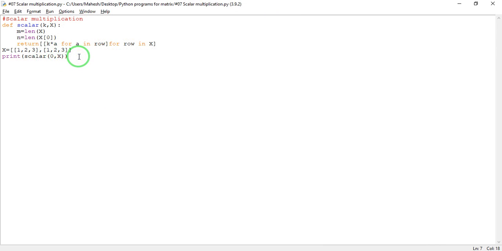So we have seen how to take a transpose of a matrix. We have seen how to add matrices. We have also seen scalar multiplication of a matrix. Now in the next program we will perform both the operations together. So we will add 2 matrices, and we will also see how to write a program for scalar multiplication, both the programs together. Okay, so let's go for that. Till then, stay tuned.